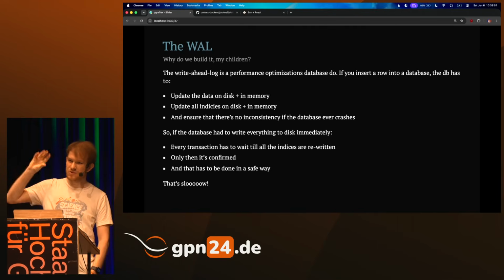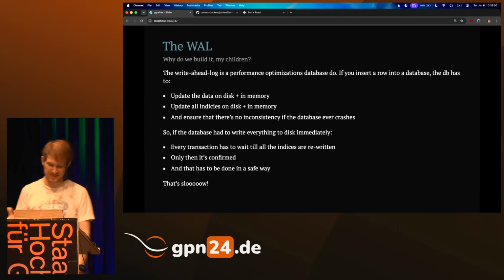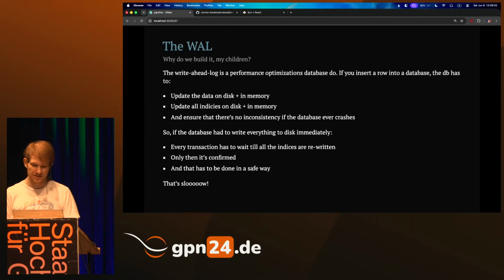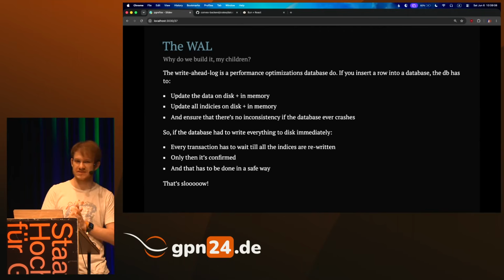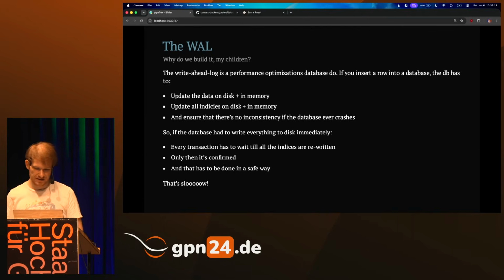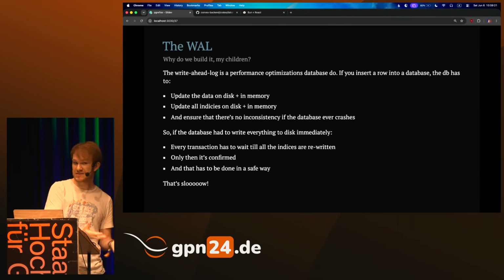Like I have to copy my entire data set basically, make sure that nothing is lost and that there's no inconsistency if the data ever crashes, and do this for every single change. And so what if we just say, just update the stuff in the memory, which is extremely quick, right? Like we all know how easy it is to do a small mem copy. And then we just write until the database is bored and write the changes to disk at a certain point in time. We might still then lose some